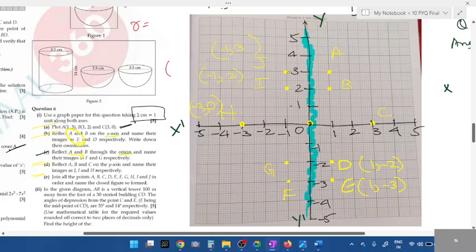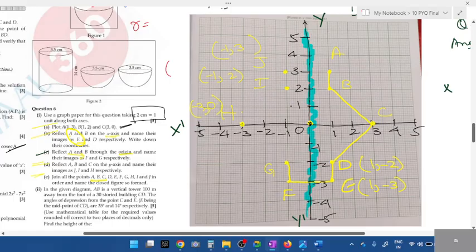Join all the points in order, students. What is the order given? A, whatever they have given, that order you should plot. A, B, next from B, C, from C to D, D to E, E to F, F to G, again